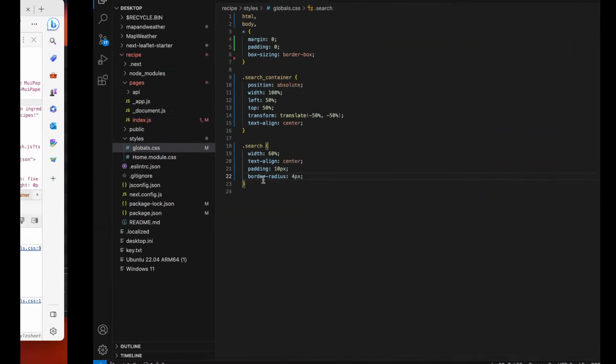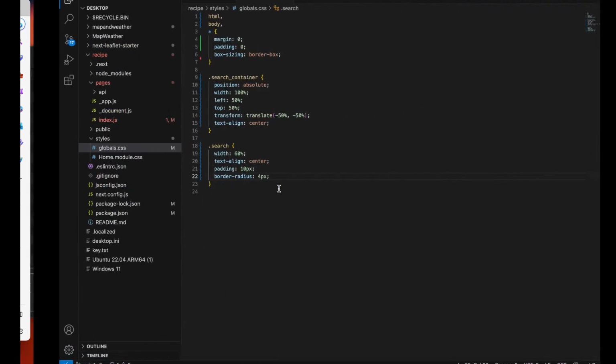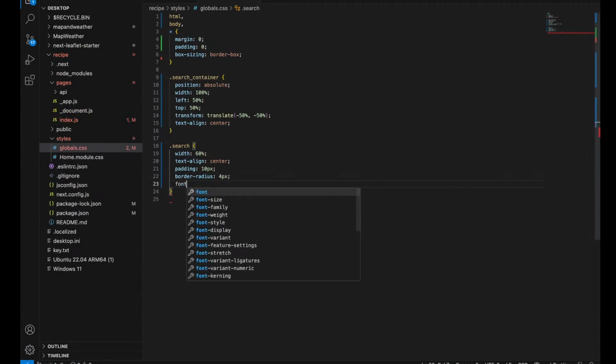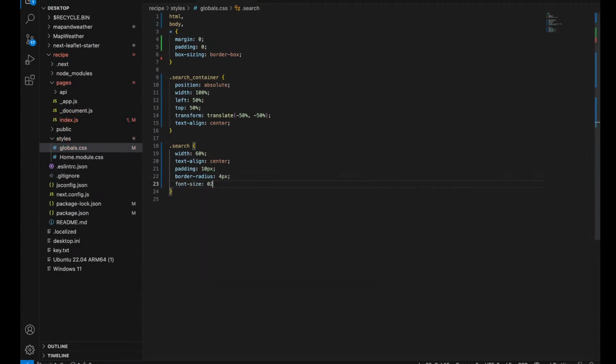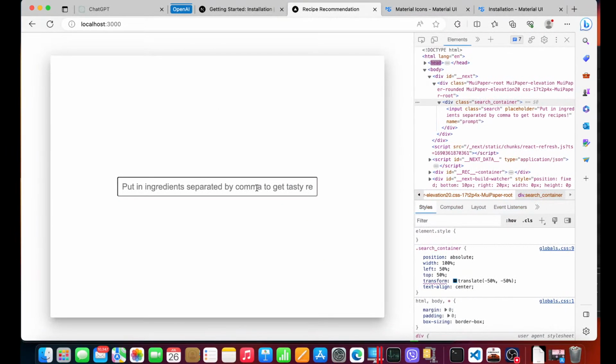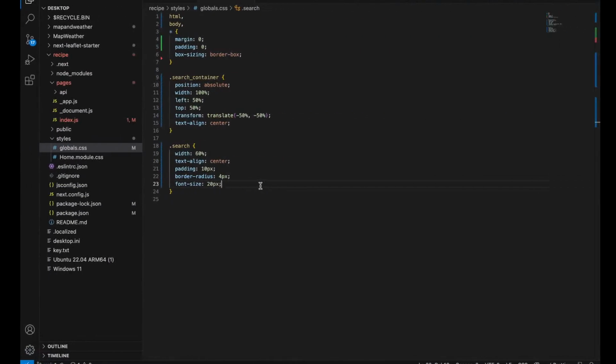Let me make it a little bigger. Right now it's getting a default font size. So how about that? Okay, it's gonna be this. So I'm gonna need to increase the pad